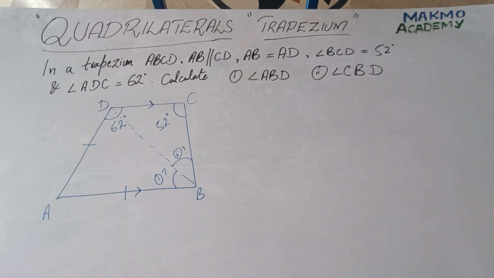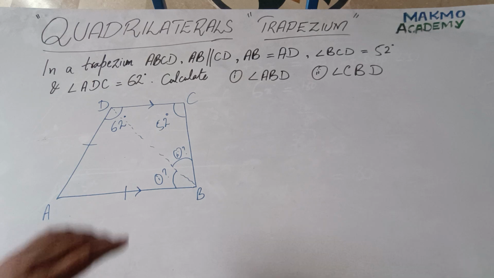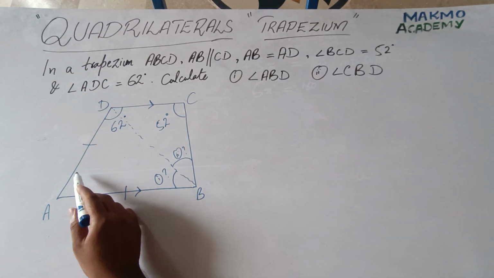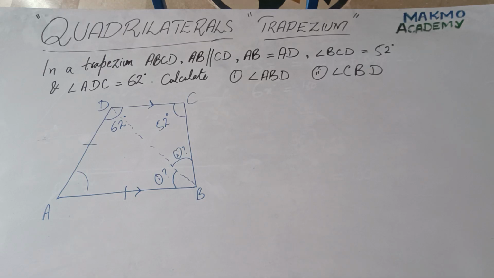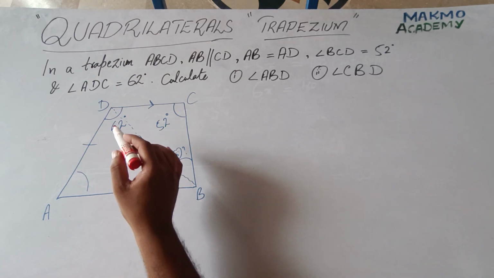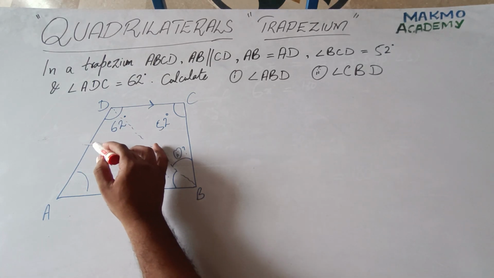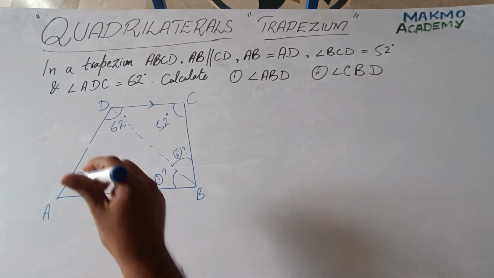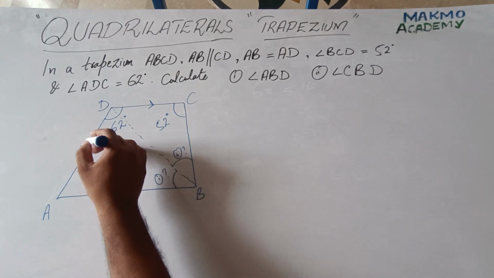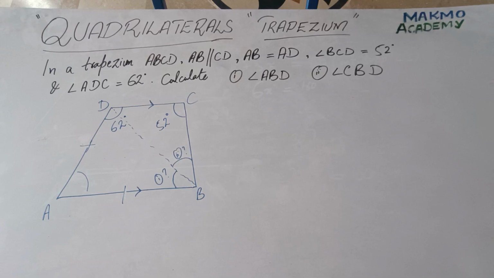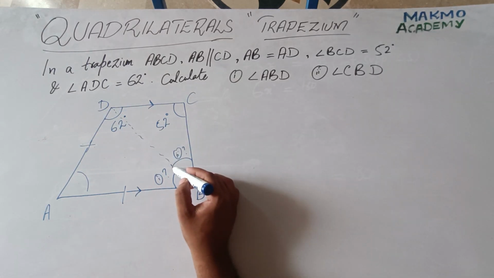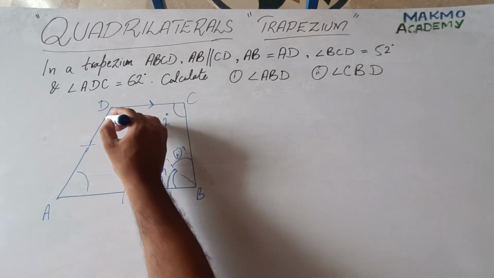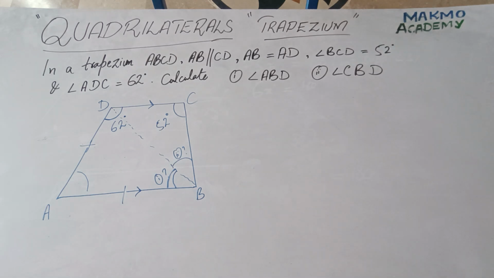So guys, we know that in a trapezium only one property is applicable, which is interior supplementary angles. This angle is not asked to find out, but we can find it out, because this is an isosceles triangle. You can see that the lengths of these two sides are equal with each other. Means whatever the size of this is equal to this. So these two sides are equal to each other. It means that their base angles would be equal. Whatever the size of this would be equal to this.